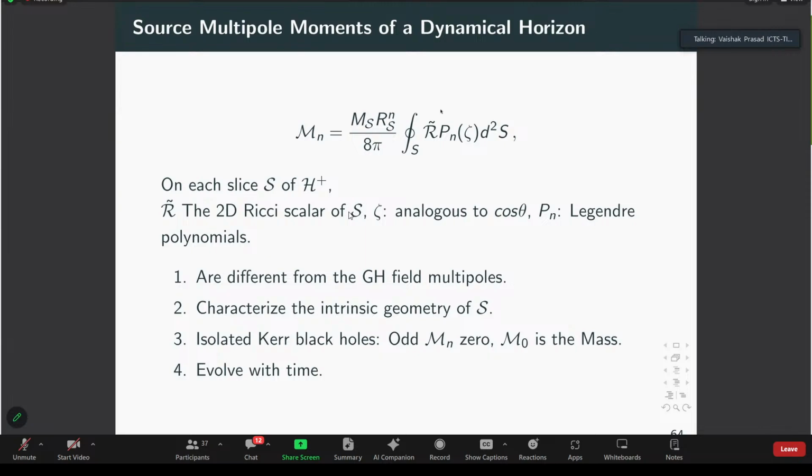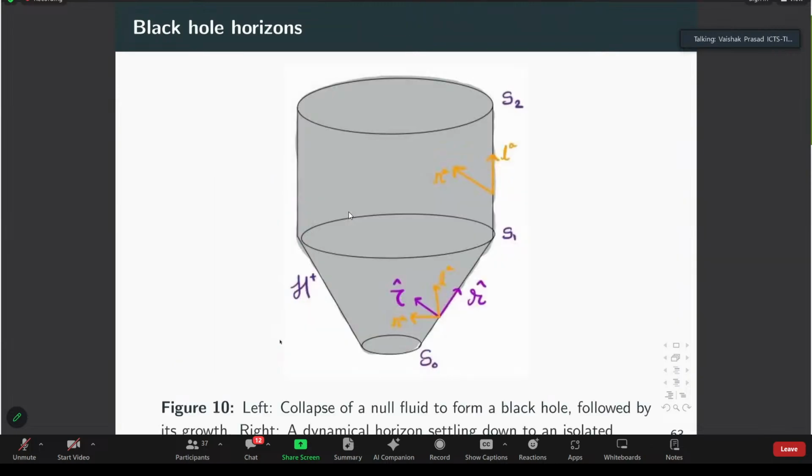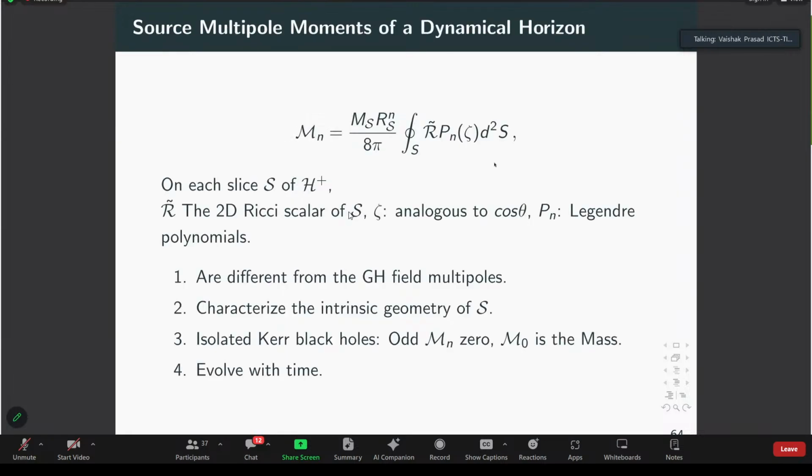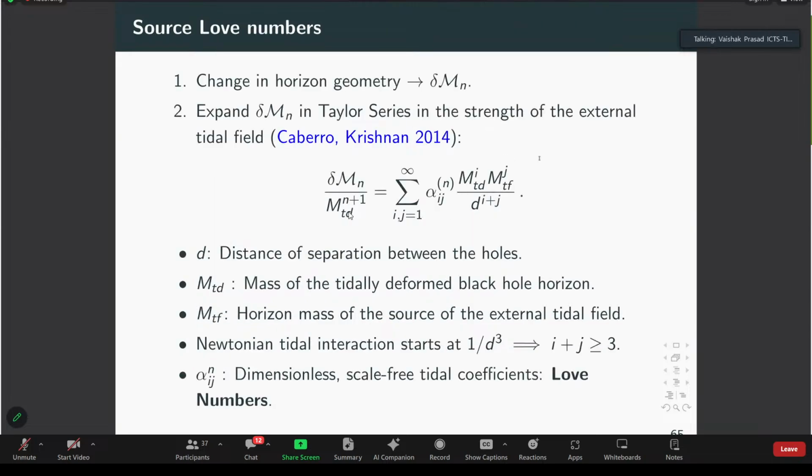And this is the starting point. Using these multipole moments, which are dynamical, by the way, because each Cauchy slice would intersect one such leaf, S, one such apparent horizon. And as time proceeds, we would get different intersections and they would represent the dynamical state of the horizon at each point. So therefore, these multipole moments would also evolve with time. And then by comparing these multipole moments to what an isolated Schwarzschild black hole would have, we can quantify the deformations